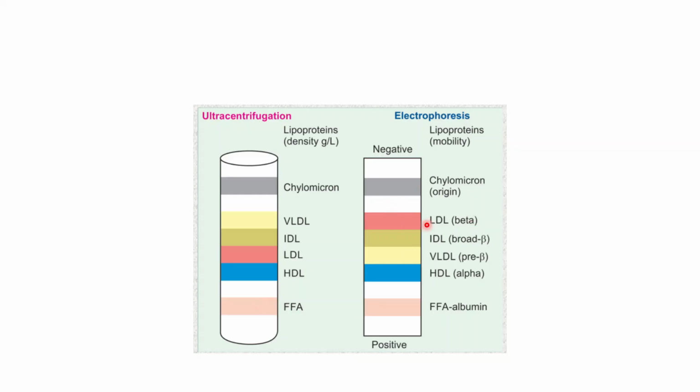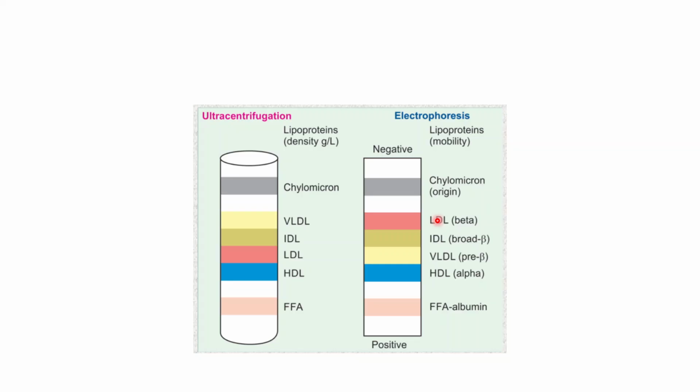And in this, if we see electrophoresis, this is also one of the processes by which we can separate these lipoproteins. So the plasma, we have to put in buffer also, and it is placed in an electric field. I think you have read electrophoresis in practicals also, so you know the basic principle. If this plasma and buffer are placed in an electric field, different lipoproteins migrate at different speeds depending upon the electric charges on them.